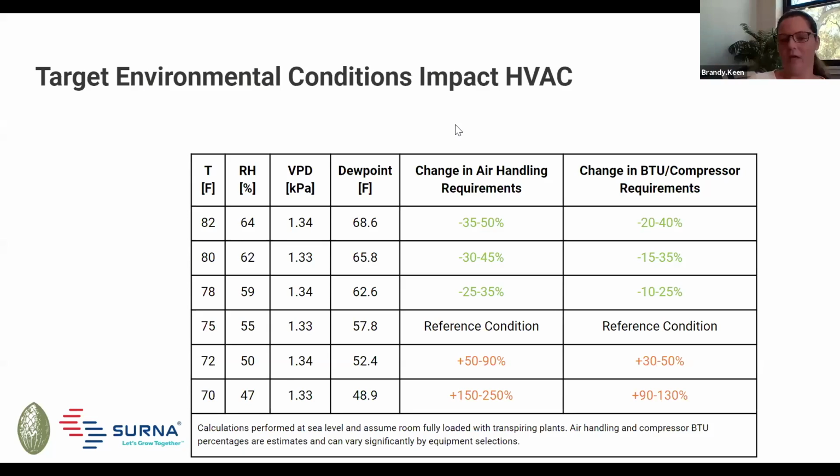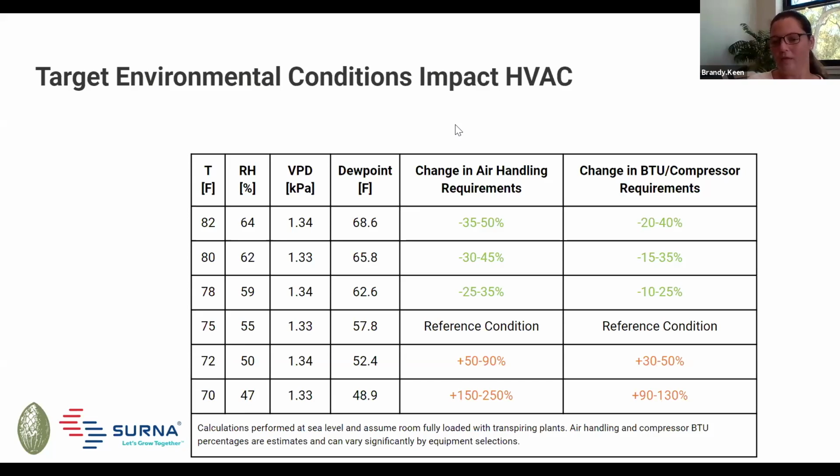Meaning that my air handling equipment, and again, this is a wide range, and it's just another example of how dramatically different HVAC systems are from system to system and from condition to condition. But just going from 75 degrees and 55% relative humidity to 70 degrees and 47% with the same watering rate, I might have to triple